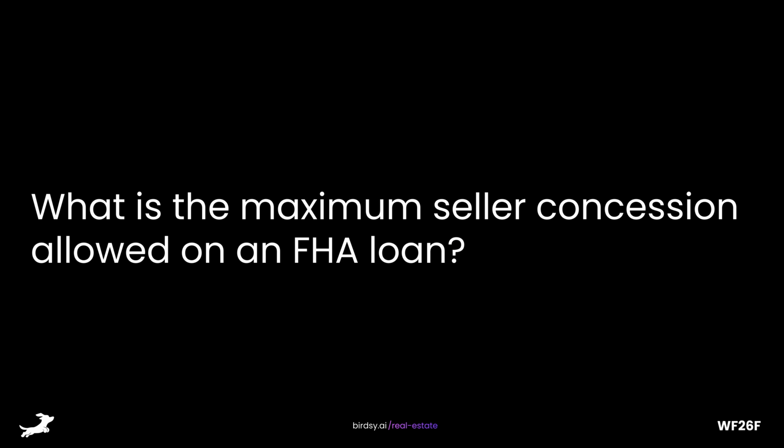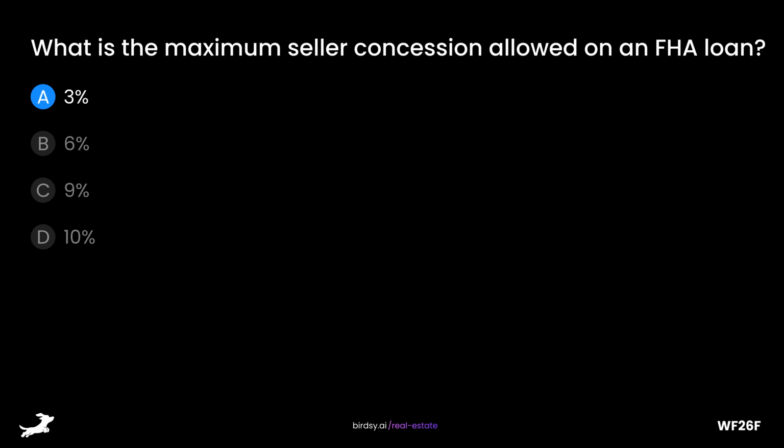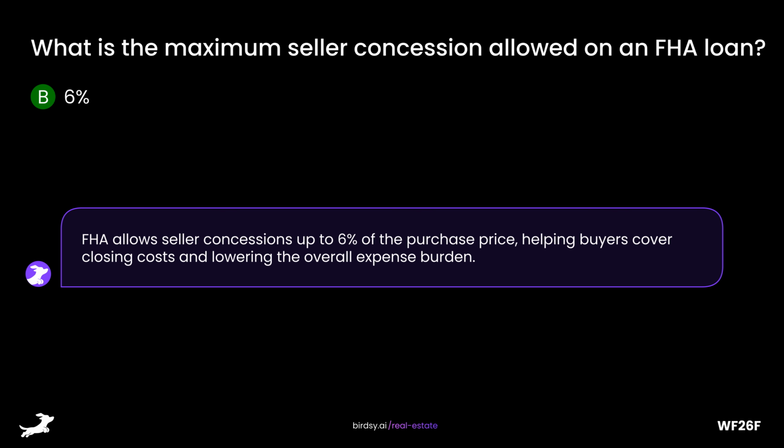What is the maximum seller concession allowed on an FHA loan? Is it A, 3%, B, 6%, C, 9%, or D, 10%? The answer is B, 6%. FHA allows seller concessions up to 6% of the purchase price, helping buyers cover closing costs and lowering the overall